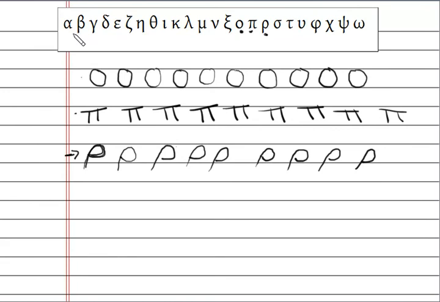Let's say them all together. Alpha, beta, gamma, delta, epsilon, zeta, eta, theta, iota, kappa, lambda, mu, nu, xi, omicron,